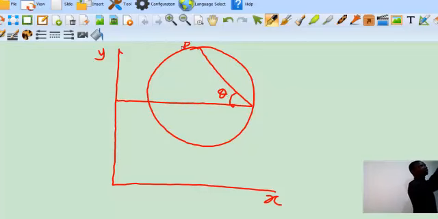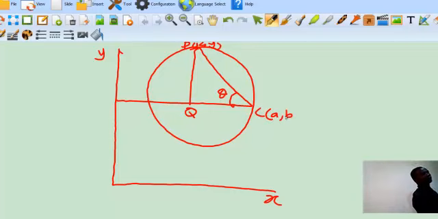Let this be the point P and the angle theta, let this be our center, and let this be Q. Point P is any point on the circle which is represented by X, Y, and